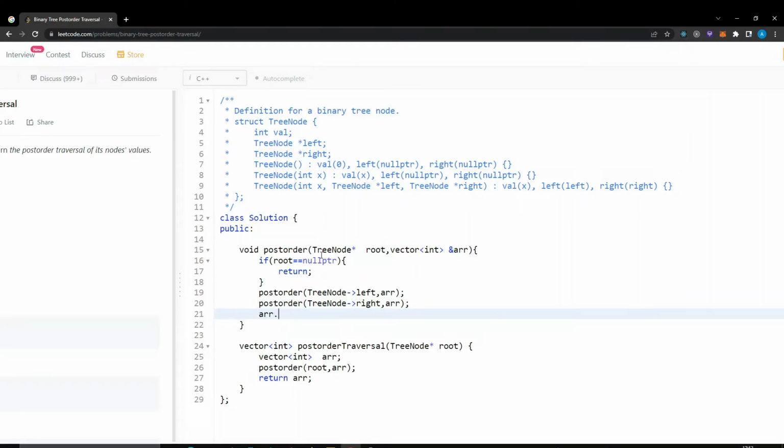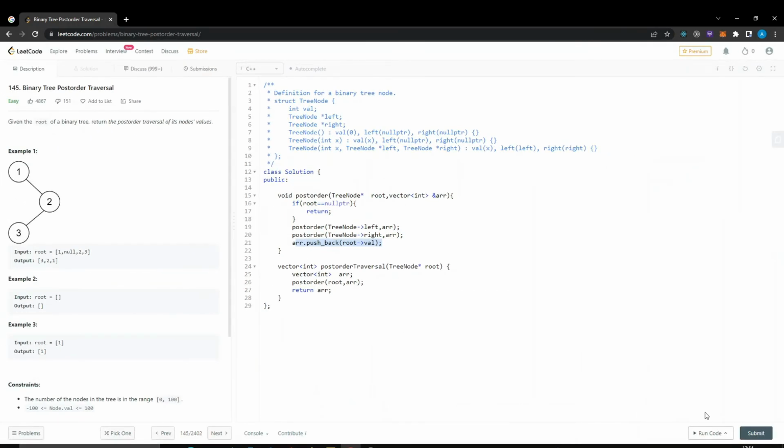So what I want to do is push the current node's value inside the array. So root val. Okay, now this is how it works. This is how post order traversal works. First we go to the leftmost and the rightmost, and only after that, once this recursion happens, I want to push the current node's value. So if I run that,